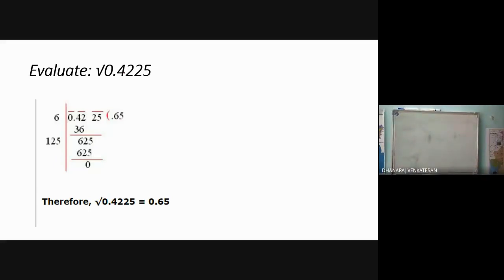In this sum they have paired like that, leaving 0 as a single digit, and 42 and 25 they have paired. Now similarly 42 comes under the square of 6, 6 square 36. So you can subtract, you will get 6. You have to multiply this 6 by 2 and bring down this. 6 2s are 12, so it will come 12. You have to choose a digit such that after multiplying with the same number, you will get a number which is equal to or less than the dividend value. It is 5. 125 into 5 is 625.